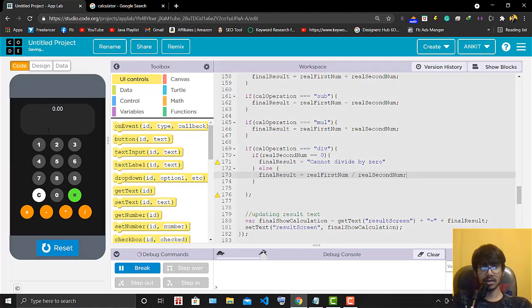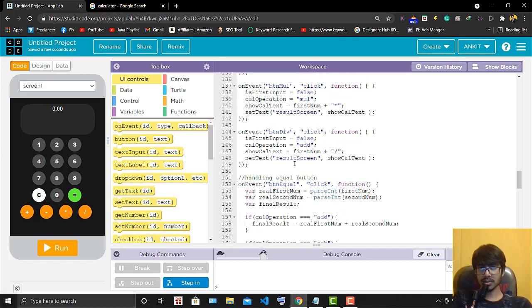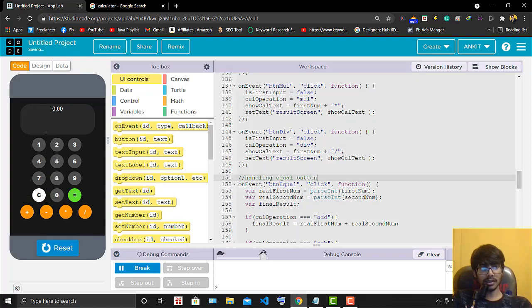Now just run it and try to just divide 12 divided by 0. Now look, this we are getting. So actually what was the mistake was here inside this. So we need to just put here div, because we are dividing and we had put the add button, okay. So now when I just put a div here, when we will do again, run it, and 12 divided by 0, let's say, look, 12 divided by 0 cannot divide by 0, and when you just clear and 78 divided by 2 and hit enter, you will get the right answer, okay.